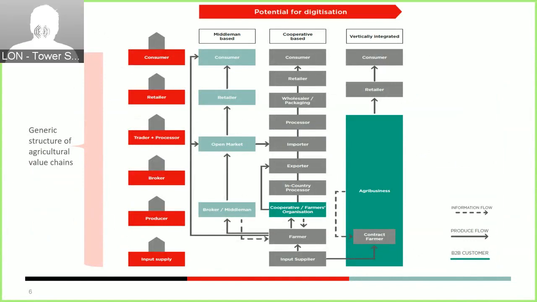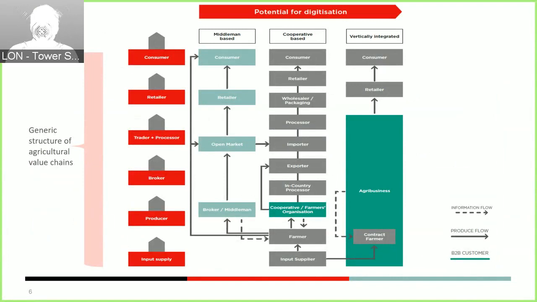I think that if we look at the red arrow on the top of this diagram, we can say that the potential is stronger as we move to the right-hand side, from the more loose value chains to the more structured and formal ones. Entry points, at least initially, are more likely to be in the formal value chains, where community organizations, the cooperatives here in the middle, or commercial agribusinesses procure crops from farmers.